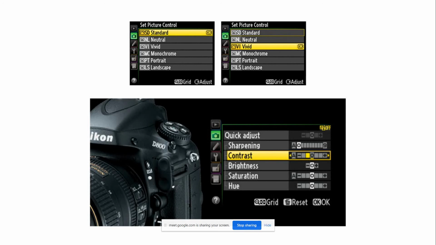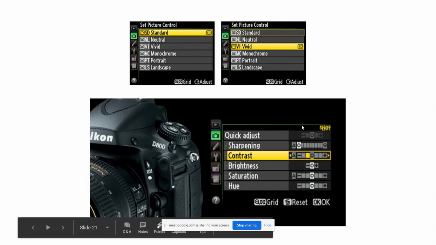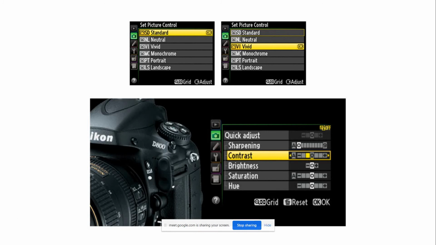See, vivid, portrait, landscape, these three modes will be useful whenever you don't know about picture style. For example, you went to a farm and you don't know what to use, but you just want to be a little colorful, and you don't want to give it manually. See, this is manually giving. I'll explain how we can do it manually. So if you don't know which picture control to use, and you are taking nice flowers and all, then vivid will be good.